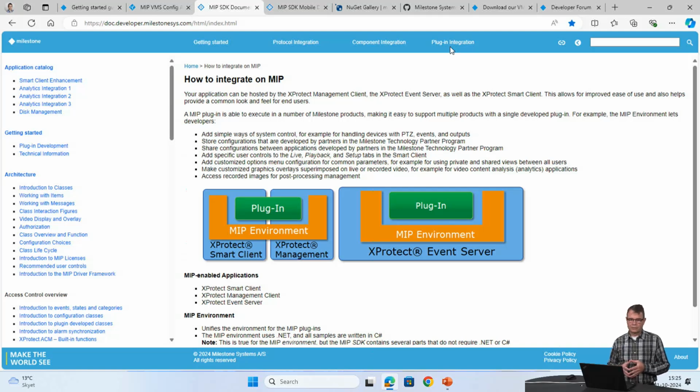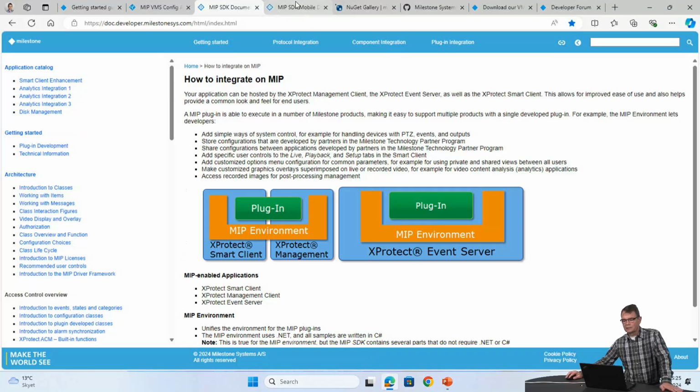The details on plugins are covered in other presentations, but here you can actually make a plugin in the Smart Client and follow the UI of the Smart Client and really get a very integrated look and feel to your integration.